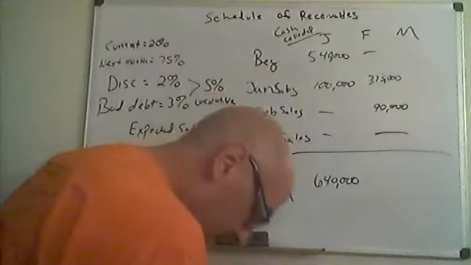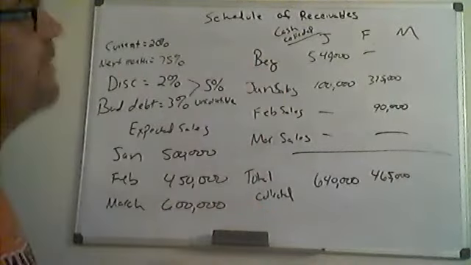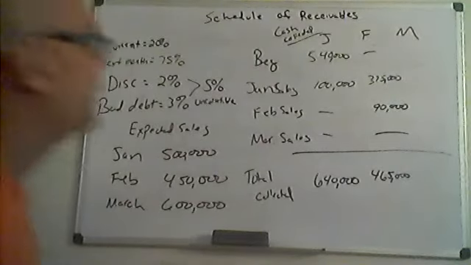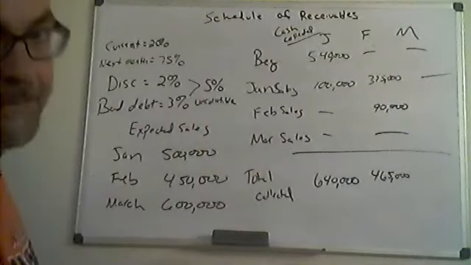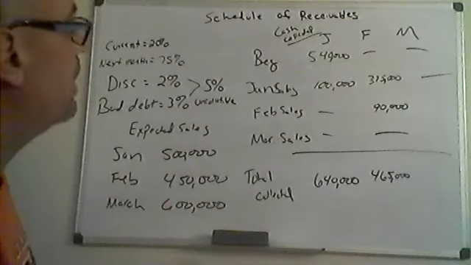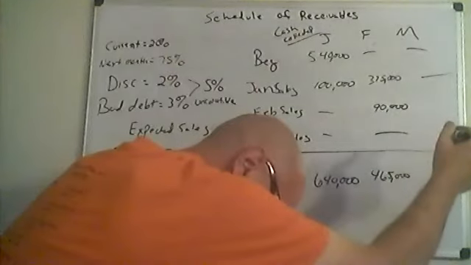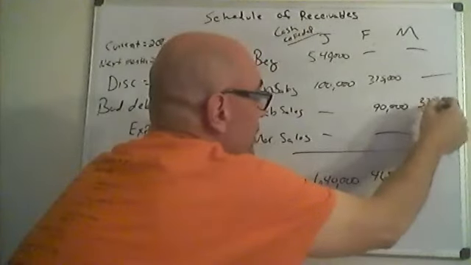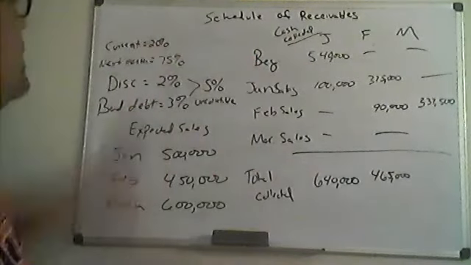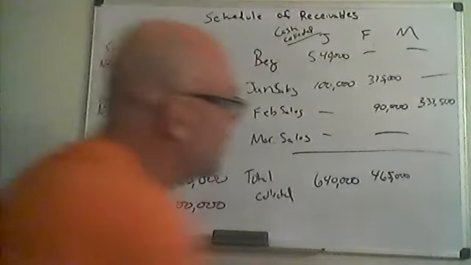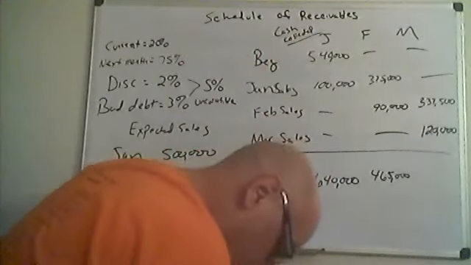Still nothing for March yet. 465,000 collected in February. When we get to March, there's nothing there. We're not going to collect any more off of that because we collected 95%. The other 5% is uncollectible. In February sales, 450 times the 75% gets us 337,500. And then the March sales of 600,000 times the current month of 20% gets us 120, for a total in March